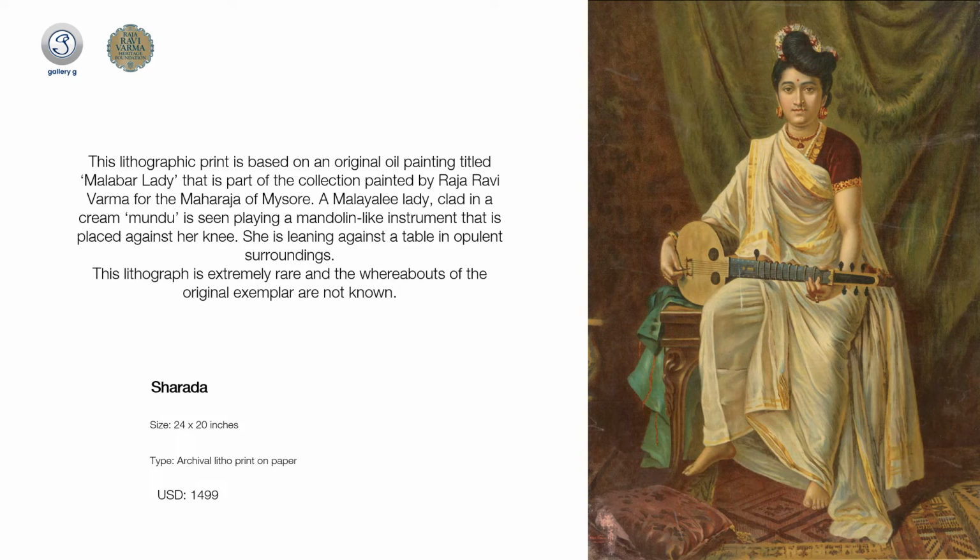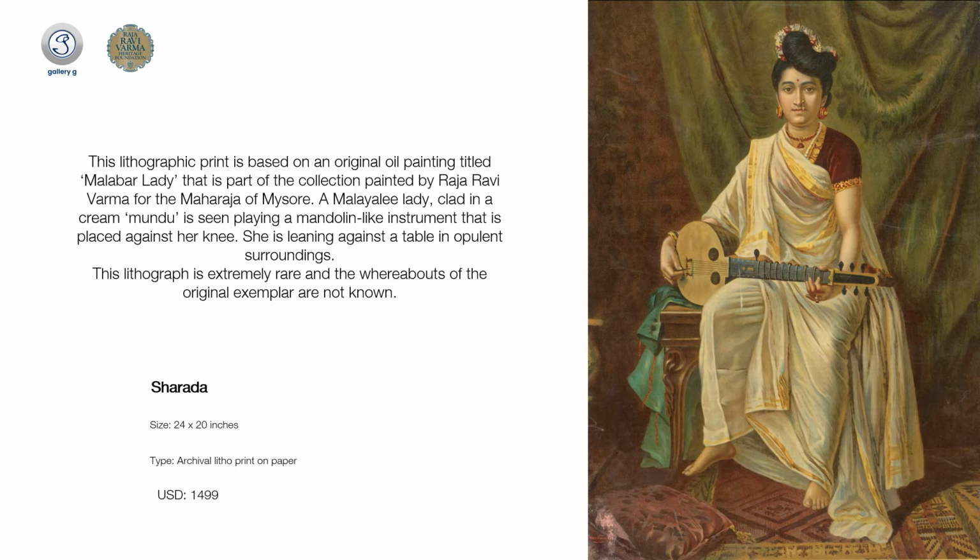So here we have a very different looking Sharda, who is seated on a high table. Her legs are spread apart slightly, and she's holding a mandolin. The woman clearly looks from an elite Malabar family, and she's again very bold, and she's looking straight at the viewer. Everything about her is very different from a usual Saraswati that is so carved deep in our psyches. This woman has her hair tied in a top knot, and she's in a very bold avatar. Her sari is slightly transparent, and she's holding an instrument which was not really known then, and especially not